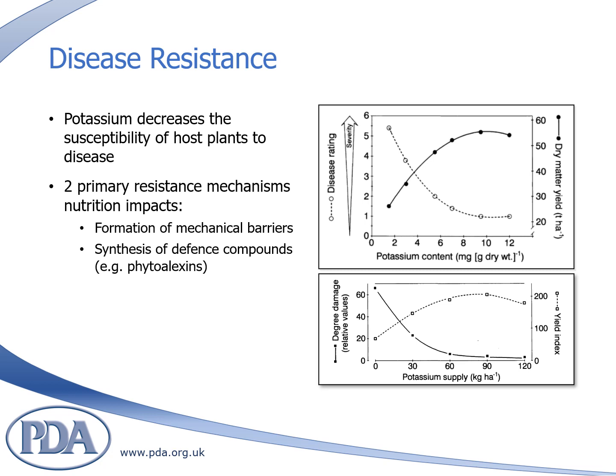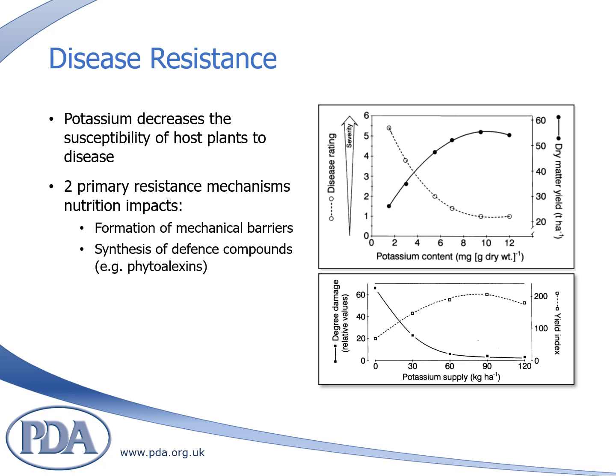As a rule, susceptibility to disease decreases in response to potassium in the same way that plant growth responds to increasing potassium supply, as can be seen in the graph. Beyond optimal supply for growth, there are no further benefits from additional potassium in terms of plant health. So if the soil supply is adequate for growth, such as at index 2-, then the supply for defense against disease and pests is adequate.